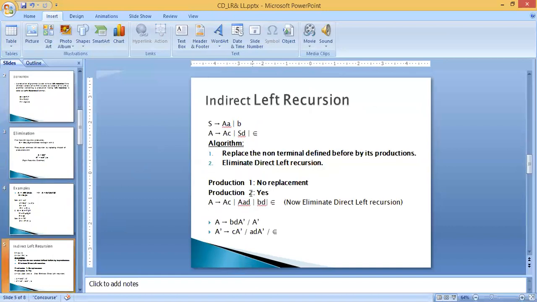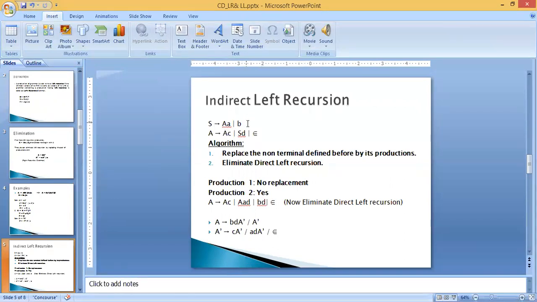I shall move to the next topic, which is indirect left recursion. See guys, indirect left recursion is actually tricky, because it does not seem to have left recursion, but when you introspect it in depth, you will find indirect left recursion. I have given assignment problems to a few students on indirect left recursion. Indirect left recursion is deceiving. You will not know until you observe carefully. So just look at this example.